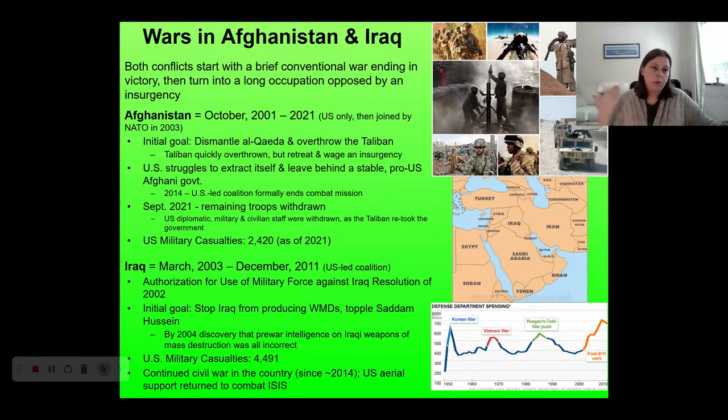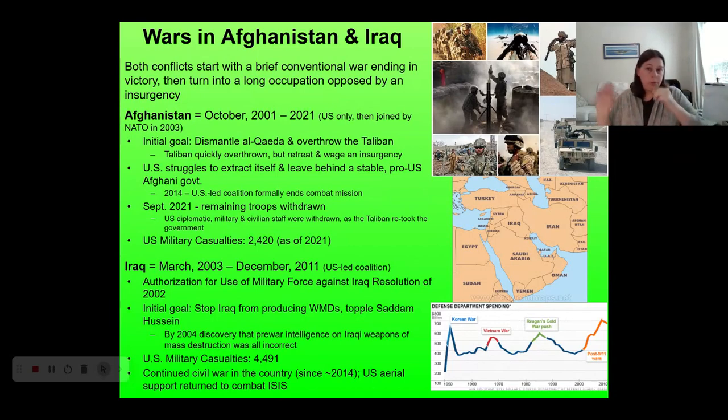But then in both of these countries, what these turn into is much longer, drawn-out invasions, as we try to rebuild the country and create a government that we can prop up that will be friendly to the United States. It looks very similar to what we talked about in Vietnam, with continued insurgencies that are very difficult to fight, wars that become very drawn out and costly and go on for quite a long time. You can see the dates there on the slides. Also a lot of conflict, because when we do get into Iraq, we do not find weapons of mass destruction, so there's quite a lot of debate there, similar to what we talked about in Vietnam: was the American public misled? Were we lied to about why we got into Iraq itself?